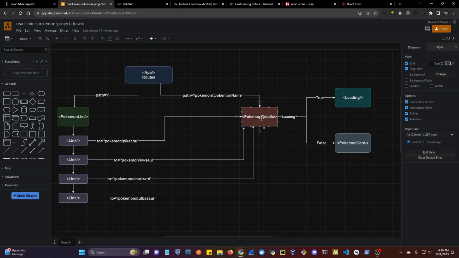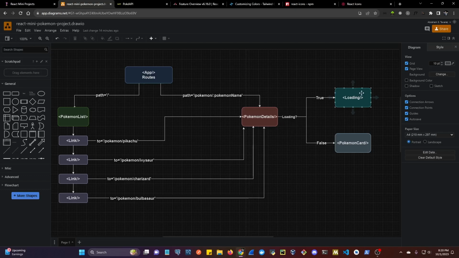So we can make a fetch request to our API to get more information about the specific Pokemon that the user clicked on. So basically this parameter, we're going to call it pokemonName, but at the end it's going to have the value of either Pikachu, Ivysaur, whatever Pokemon they click on. So there's Bulbasaur, there's just a few names so you can see a few examples. So we're going to have that name available here in this parameter. We're going to make a second fetch request, and then we're going to have a